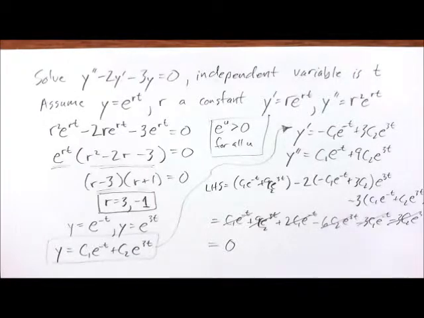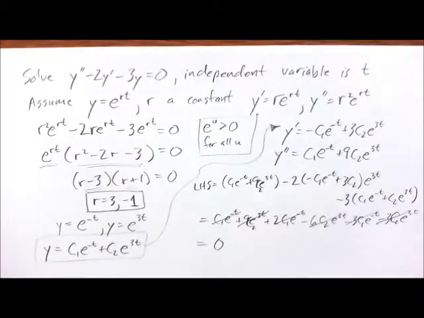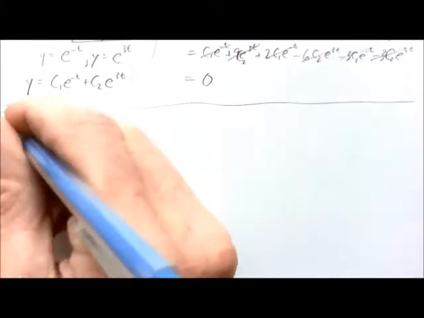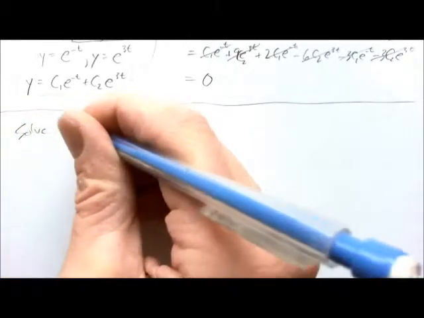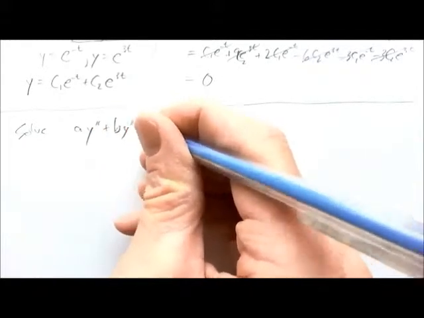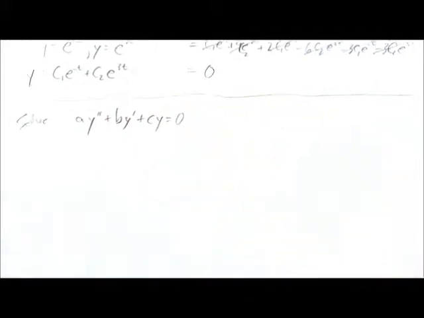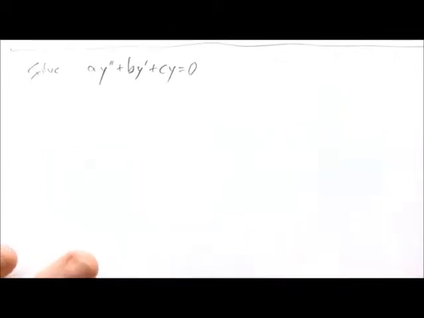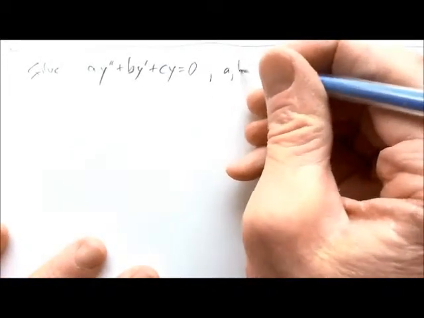Okay, so let's summarize what's going to happen in general. The other two cases that come up, I'm not going to show you why they work the way they do. That is done in some other videos. But for now, let's just look at what happens for the three cases that can occur. So when we're solving a y double prime plus b y prime plus c y equals 0, where a, b, and c are constants,